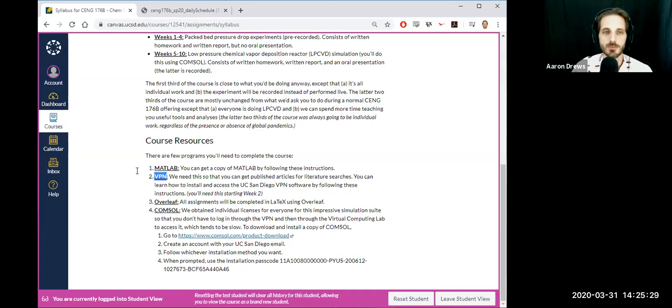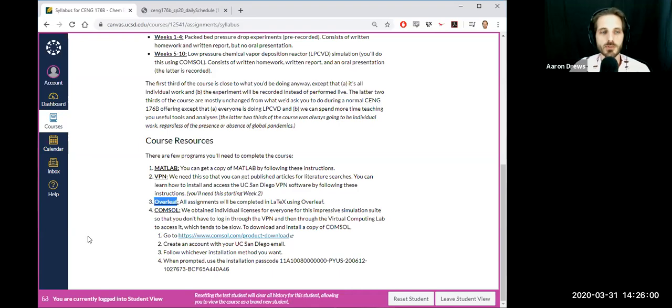And then you'll need the same two that we've used in the winter, which is a copy of MATLAB and still Overleaf. So everything's still going to be done in LaTeX. All of your licenses should still be active in Overleaf, so you can still use LaTeX to do everything. Your lab reports aren't going to change. Those still use the same template, so you can just recycle that template.